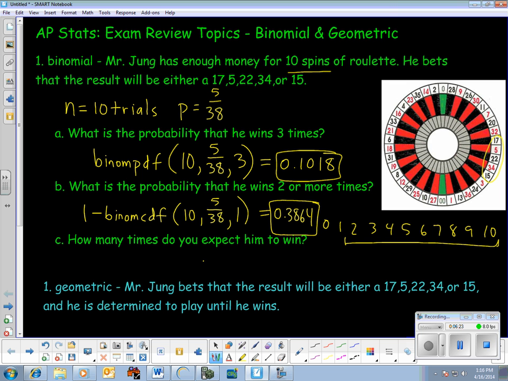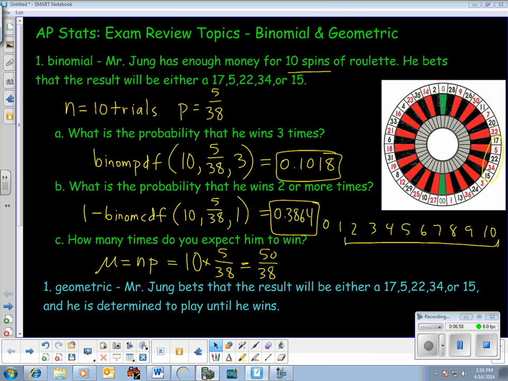Now, we had formulas for binomial and geometric for mean or expected value and standard deviation. Standard deviation on either one doesn't have that much of a real-world application, but the expected value, or the mean, is something you should know how to do, definitely. Expected value for binomial is very easy. It's n times p. It's how many times I try times the probability of success. So that's 10 times 5/38, which is 50/38,